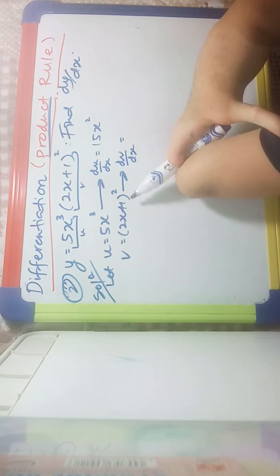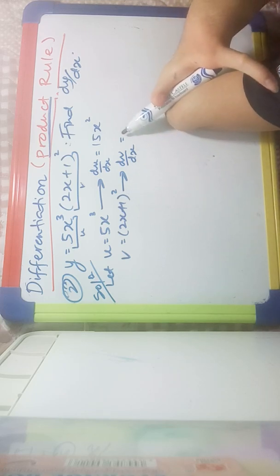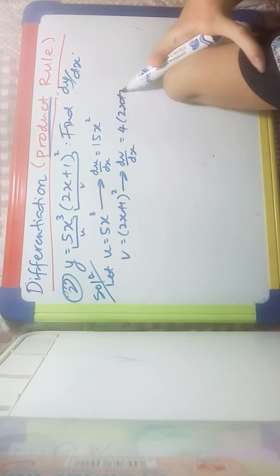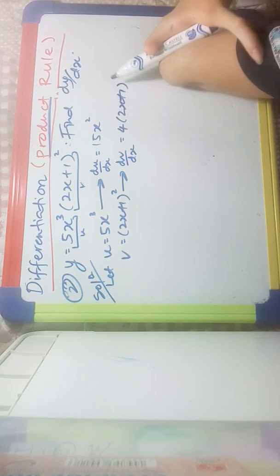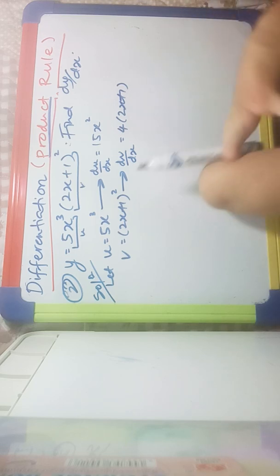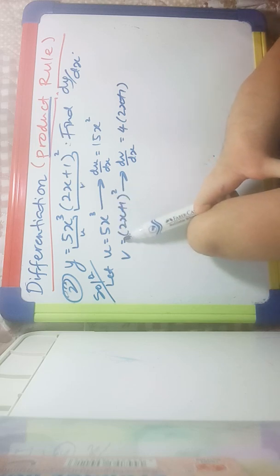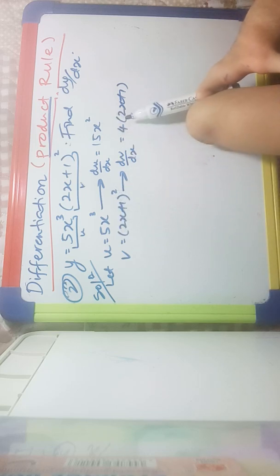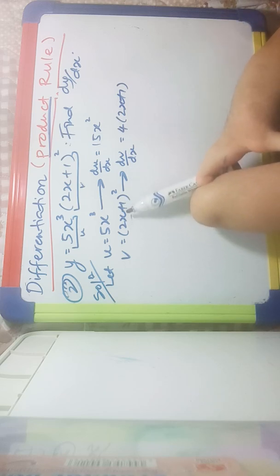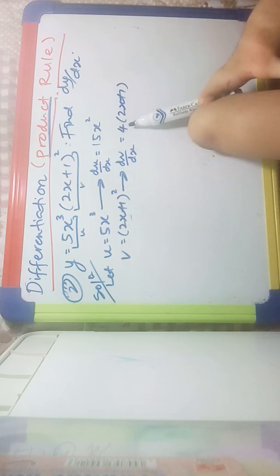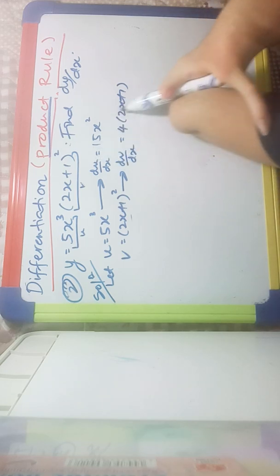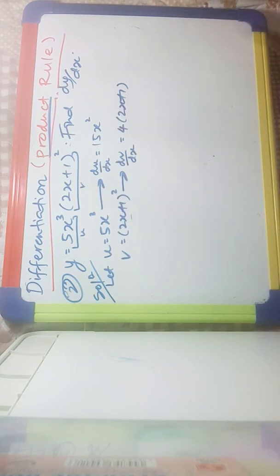When you use the outside and inside rule, your final answer will be 4(2x plus 1) to the power of 1. How do I get this? Outside and inside. 2 goes down, then the power is reduced by 1. How do I suddenly get the number 4? I differentiate the inside, and I get 2. So 2 times 2 just now, that's how I get 4. Okay, and now this is the information that I need to know